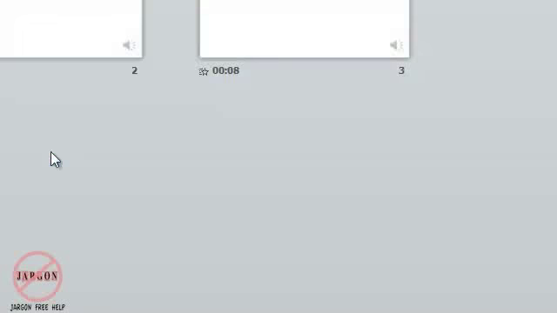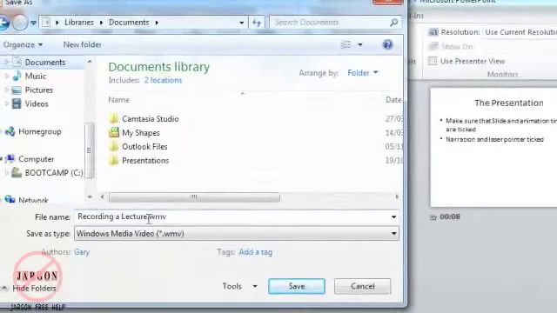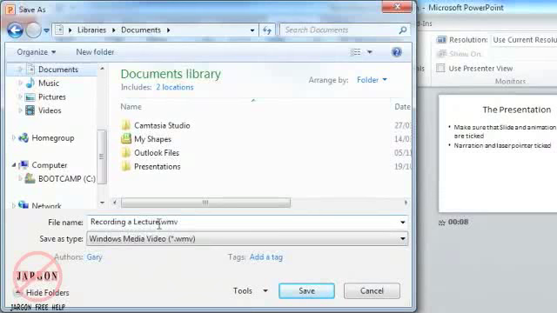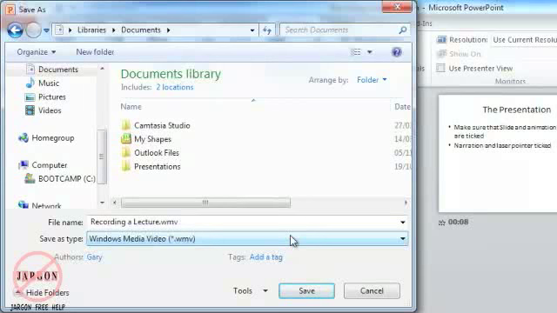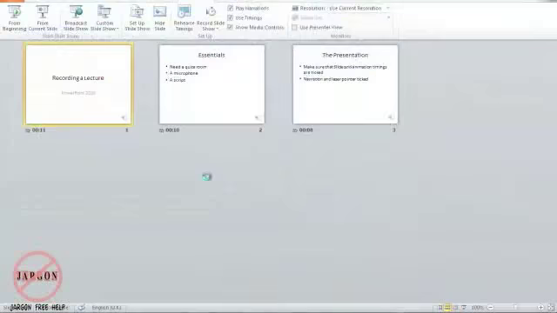Then I just click on Create Video, and I'm now just going to give it a name. And it says Recording a Lecture here. Actually, that one's fine. I'm going to keep it there. I can only save it as Windows Media file. Windows Media Video can be converted to things like MP4, which is good for using on iPads and iPhones, but you need to find a converter to do that. So now, if I click on Save,